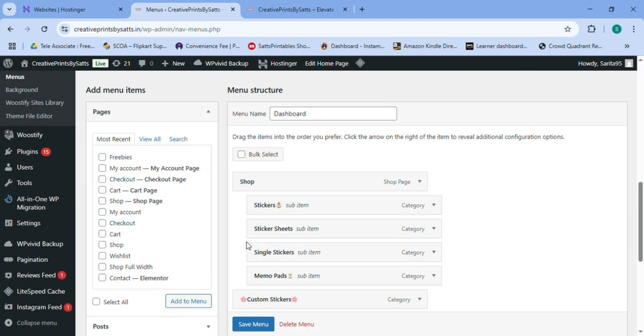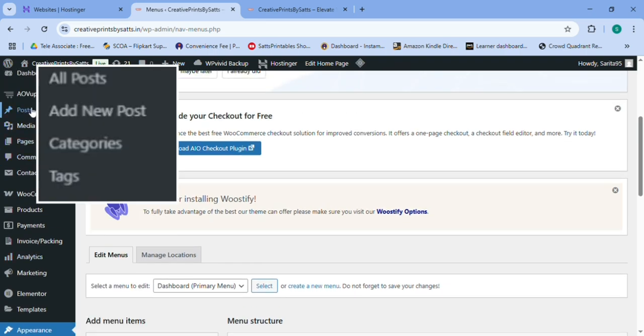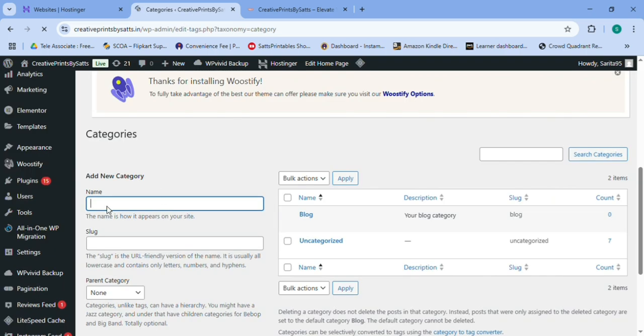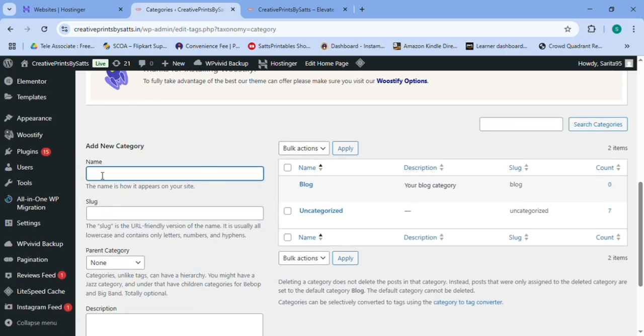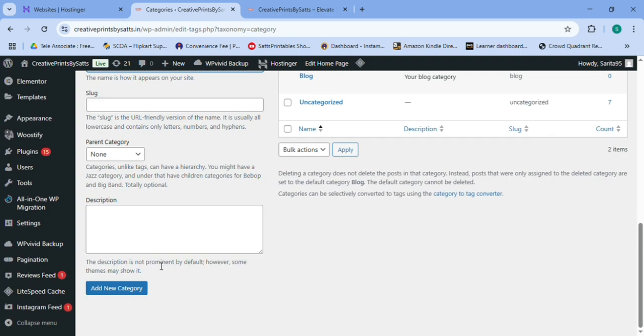So first of all, what you can do is just go to categories and then add one new categories. I want to put one icon also because I like all my menus to be seen in some icons. So like I said, I have added the category which is freebie, and then now you have to show it